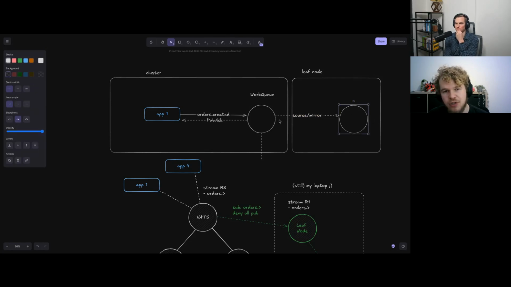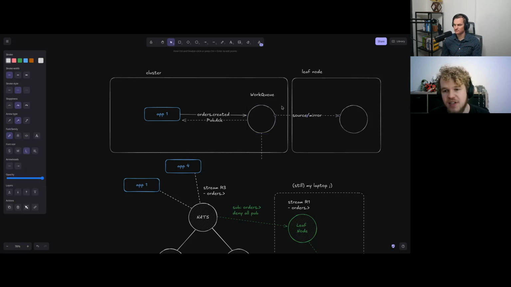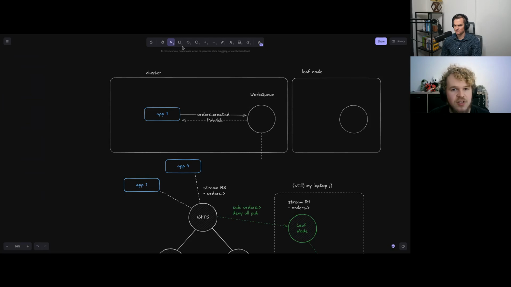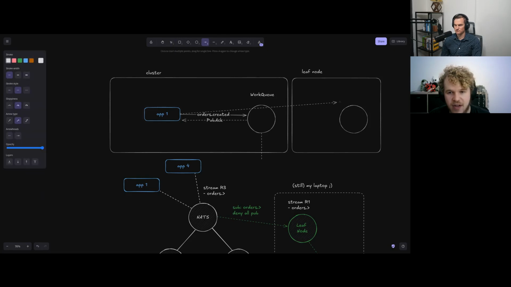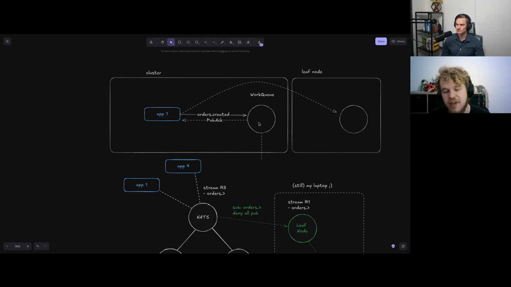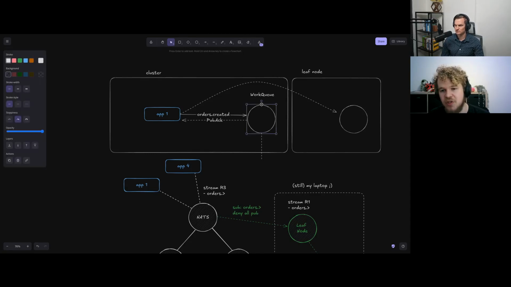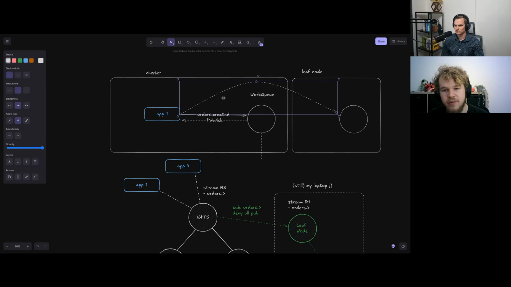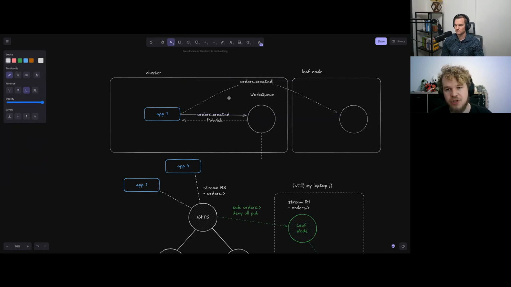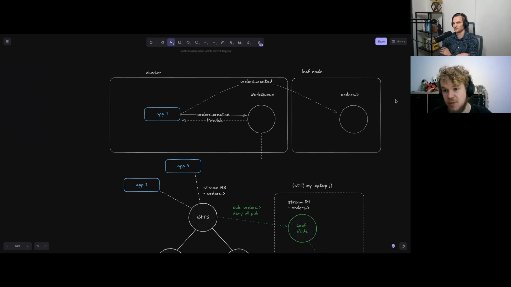And this wouldn't work because with a work queue you have this limitation, for the reason of it being a work queue, that you only want one consumer because you only want to process the message once. So in this case, this would not work. But because this is just core messaging, you're just listening to this raw publish. So even if it's not persistent, you wouldn't know. And this is how we've set it up. So the message would just, by virtue of this stream also listening on this subject, get picked up.